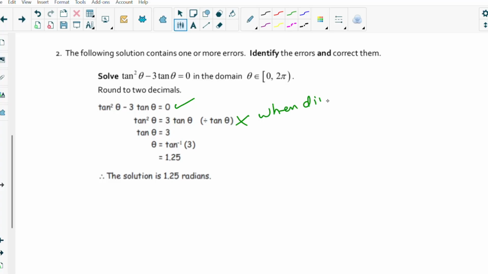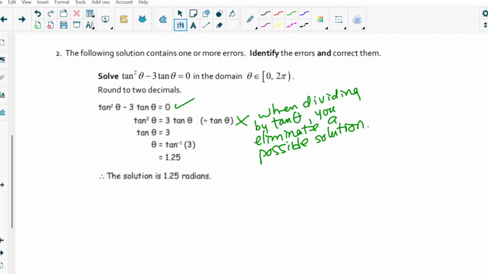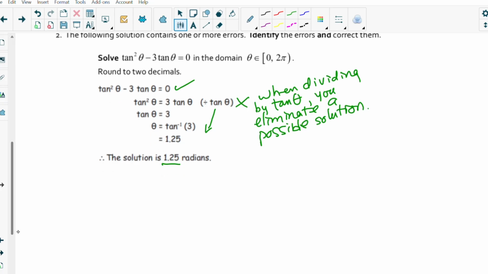When dividing by tangent of theta, you eliminate a possible solution. So be careful there. Okay, so you eliminate a possible solution, because you're eliminating one of the factors, okay? And then that error is going to carry through. All right, so in fact, that's one of the solutions, 1.25 radians. Let's do the problem for real